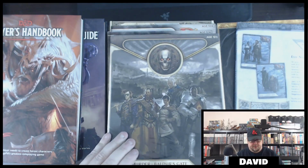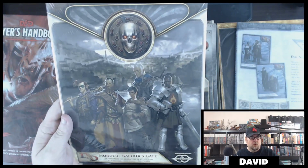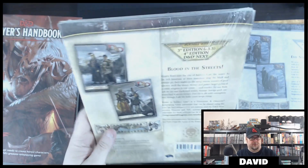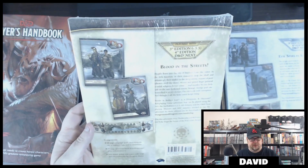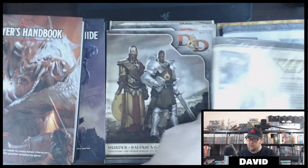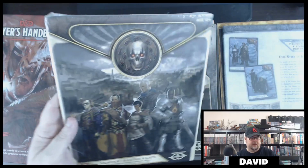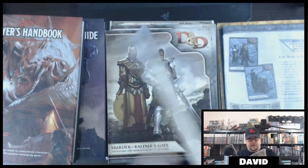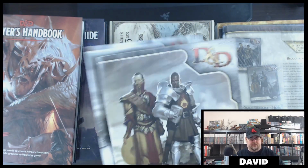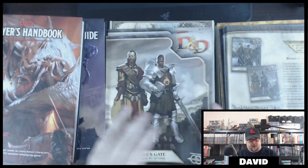Here's another one. Here's Murder at Baldur's Gate. I believe this was the last to come out before D&D 5th edition was officially released. And this is also part of the Forgotten Realms Sundering as well. Same thing with Icewind Dale. This has 2 books and a 4-panel screen. Really, really nice quality, because I actually bought this off eBay also. And the game store that I bought it from actually had an open one as well. So they gave me the open one also, and it's all in nice